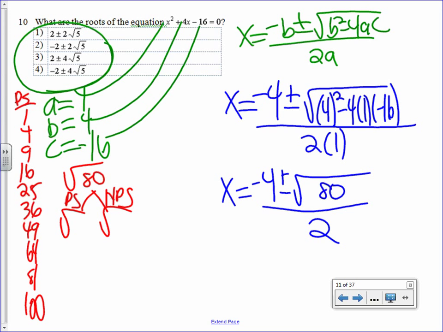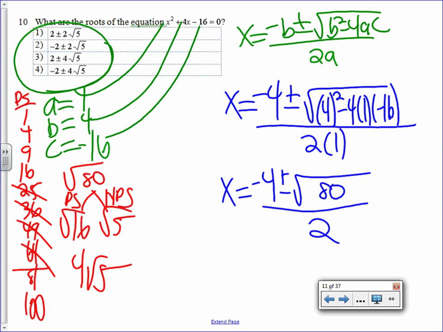What goes into 80? Not 64, not 49, not 36, not 25. 16 does. 16 times 5. If you don't know that in your head, use a calculator. The square root of 16 is 4. The non-perfect square comes down. So now I'm going to rewrite this